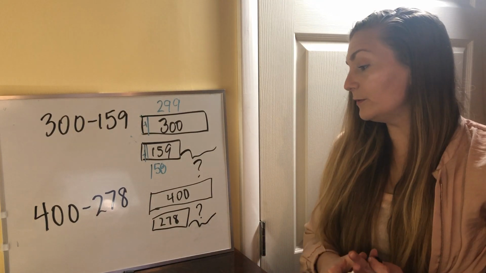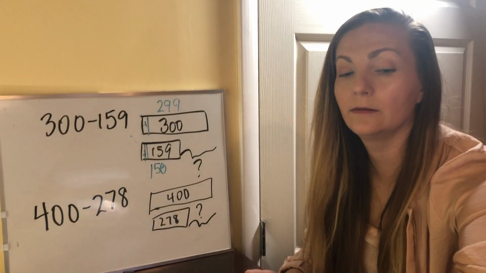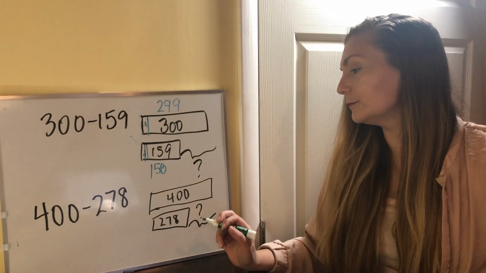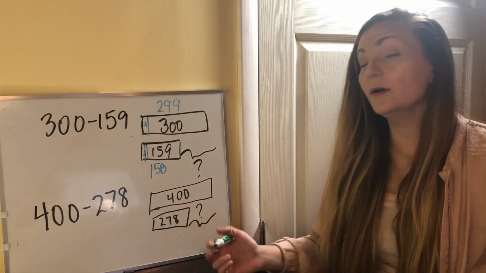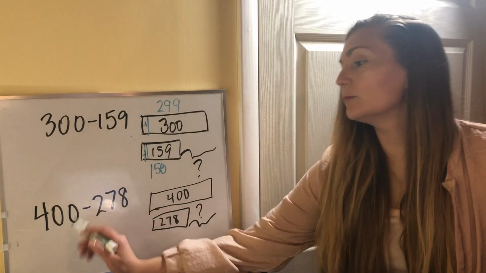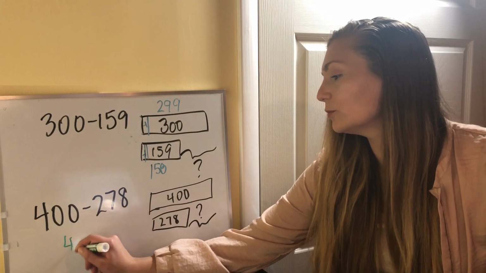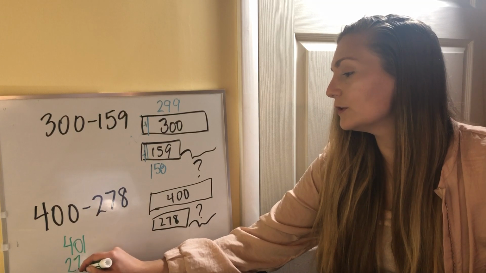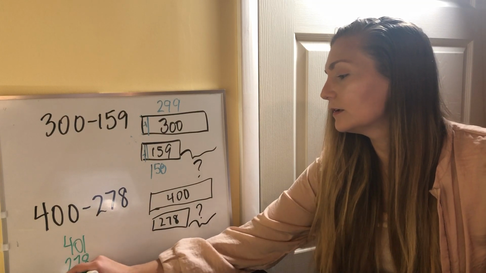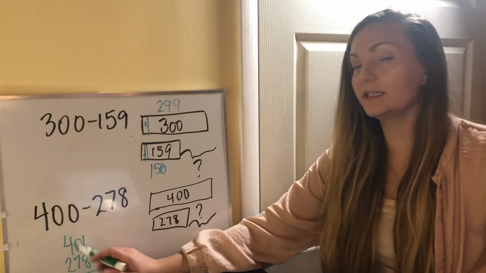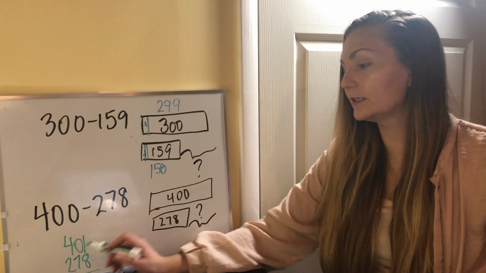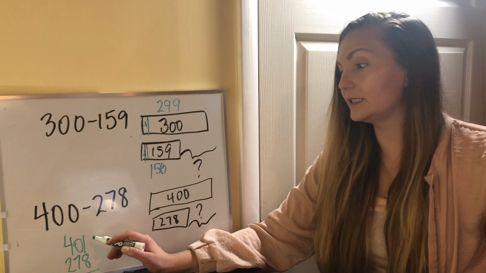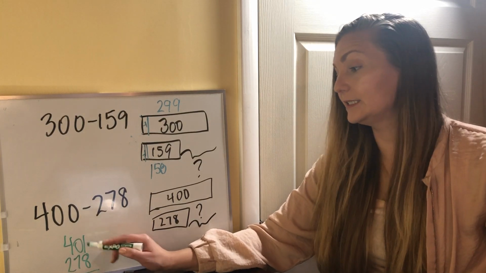Well, just like the one before it, we could take away 1. We could also add 1, but if I add 1, what would I get? I would get 401. Take away 278. Is that going to help me be ready to subtract? I'm still not ready because I still can't do 1 take away 8, and I still can't do 0 take